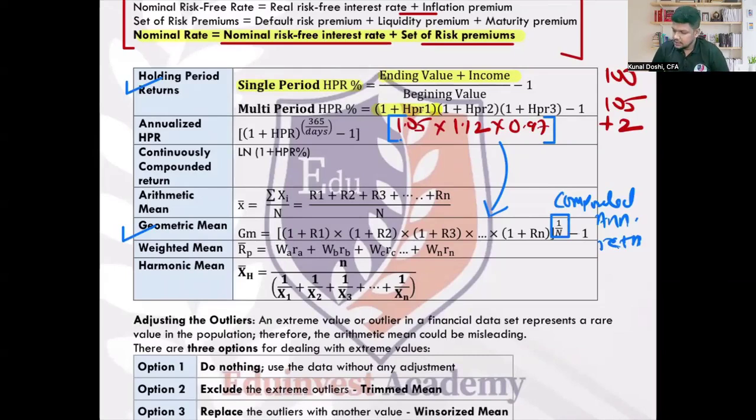Got it? Okay. Now, this geometric mean is generally used when we are going to use compounded returns, when you're going to invest for multiple periods, right? In rare cases, they ask you to calculate multiple period HPR. Only in that case, we are going to compound it, but remember, do not average it. Clear? Got it? So can we just calculate what is going to be 5, 12, and 3% negative? 1.05 into 1.12 into 0.97. Everyone, minus 1 into 100. Can you tell me what is the answer?